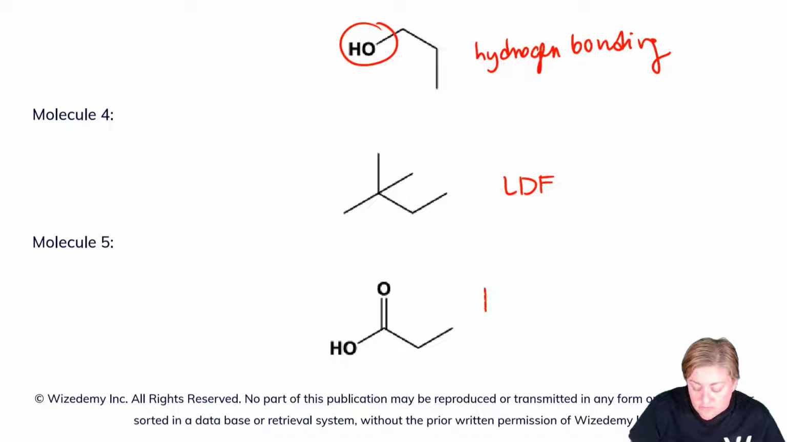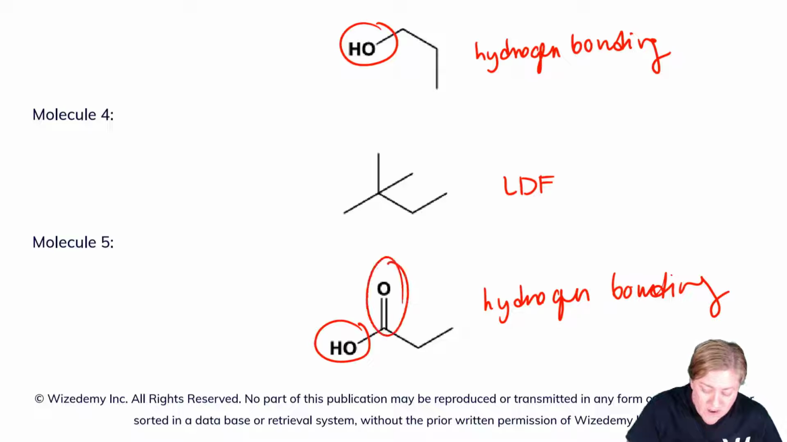And in molecule 5, we're going to have hydrogen bonding, where we have 2 different frameworks here. We have the donor here and the acceptor here. So we've got 3 examples with hydrogen bonding and 2 examples with London dispersion forces. Now we know that the examples with London dispersion forces should have the weakest intermolecular forces and therefore should have